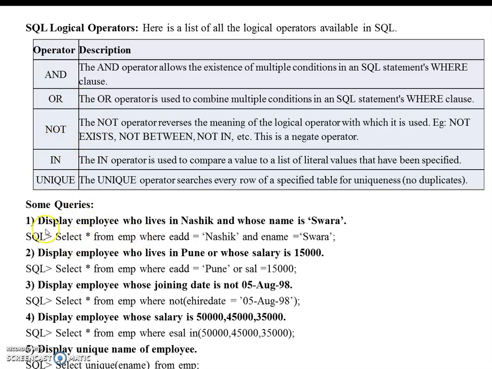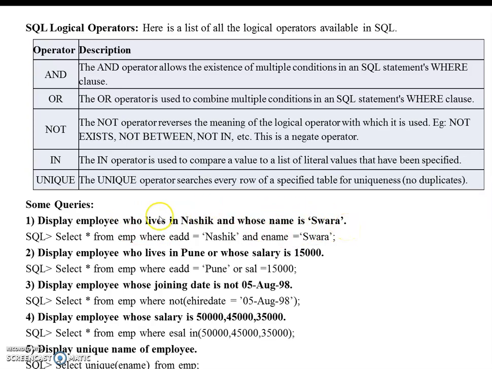Let us have one query: display the employee who lives in Nasik and whose name is Swara. Here are two conditions: the employee lives in Nasik and the name is Swara.